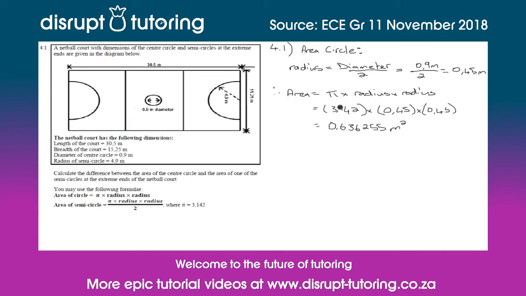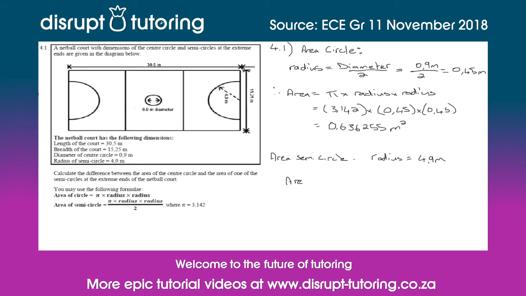We now have to move on to find out the area of a semicircle, and they've told us that the radius is 4.9 meters, so radius is equal to 4.9 meters, so they do specify that over here. Then again we have to use this formula, so our